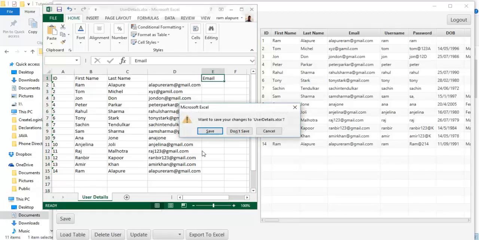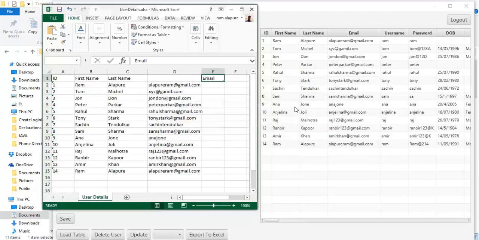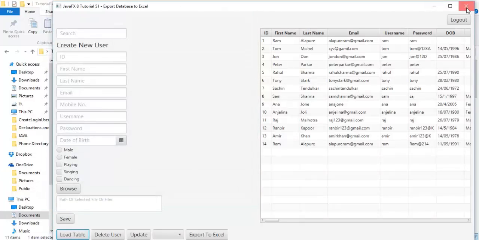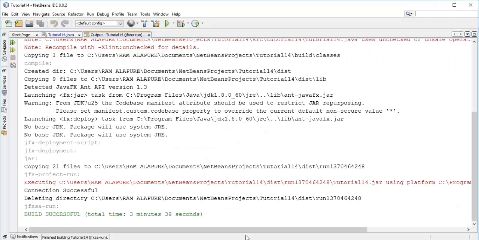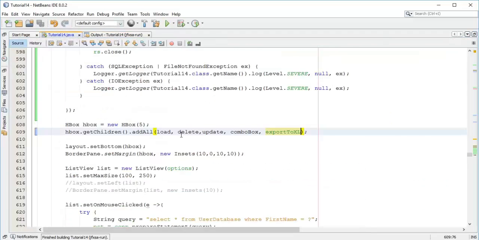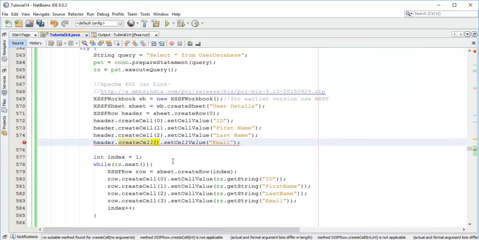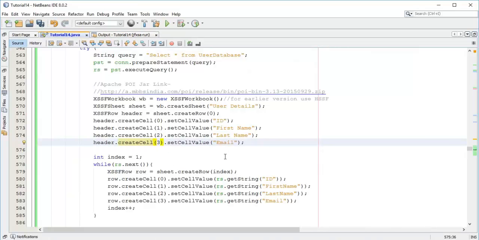So close the Excel sheet and close the application, come to the coding. We have created email on the fourth column, so this is the third, and to customize the column width we are going to add